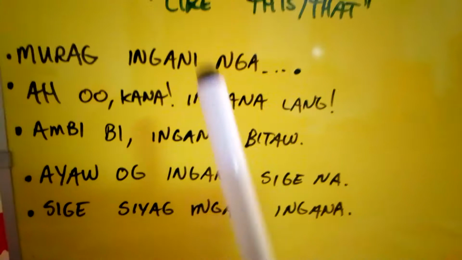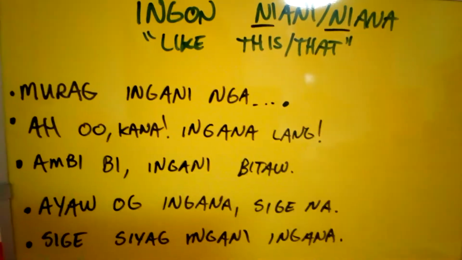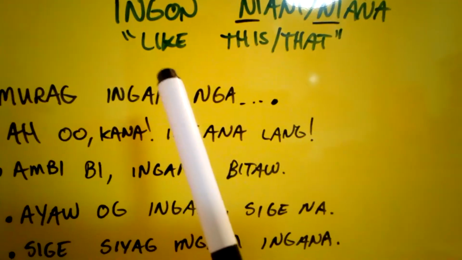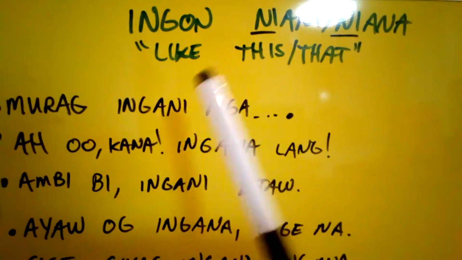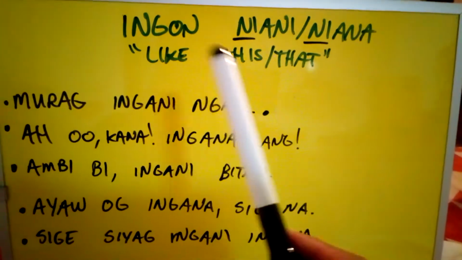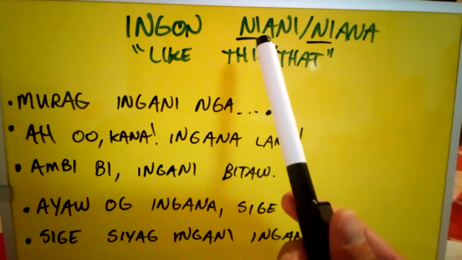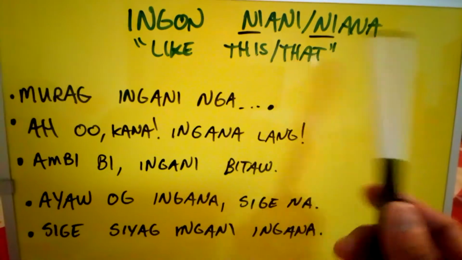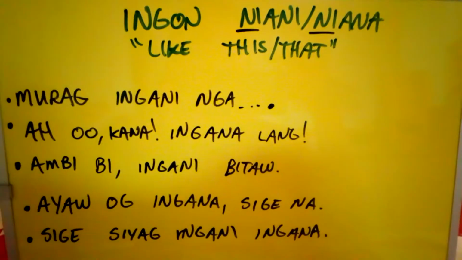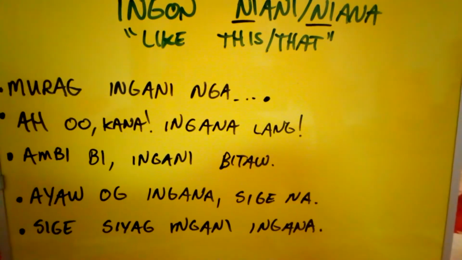Those are really just good ways to help express yourself using this phatic expression. I say phatic because it's a fixed expression. You will never see ingon with kani or kana. You will see it with this fixed expression of the ergative forms of kani and kana. And that's where we get like this, like that. So hopefully this video can help you